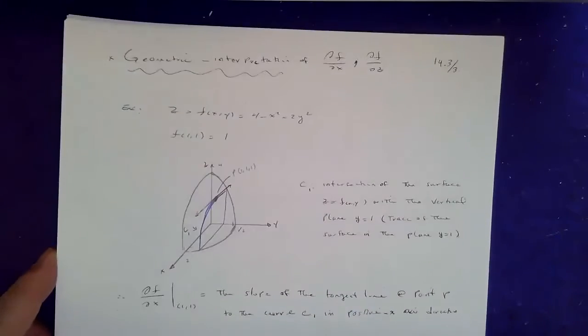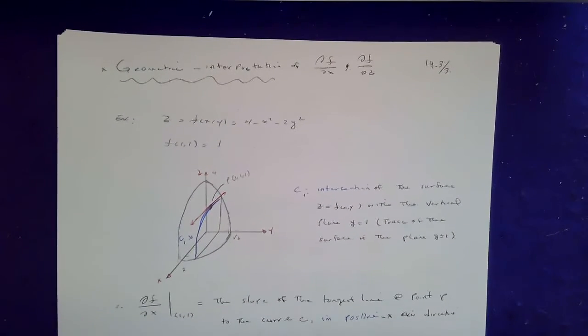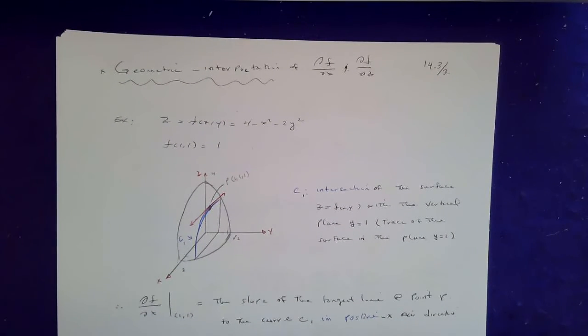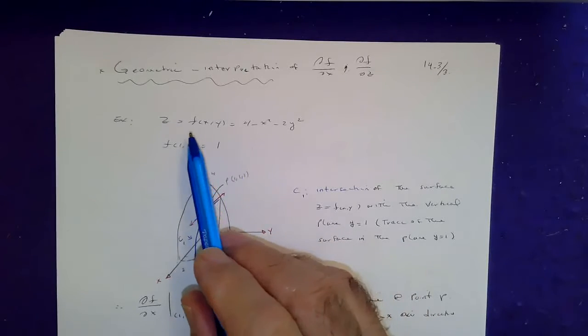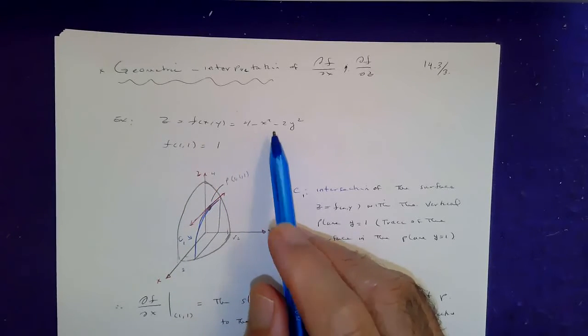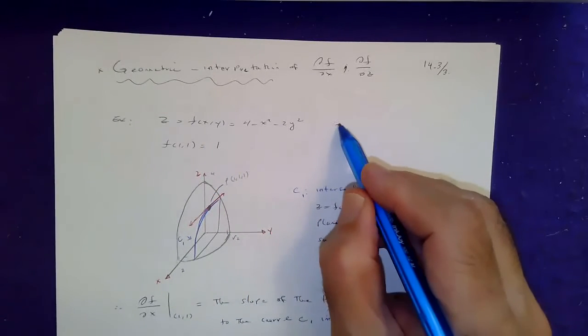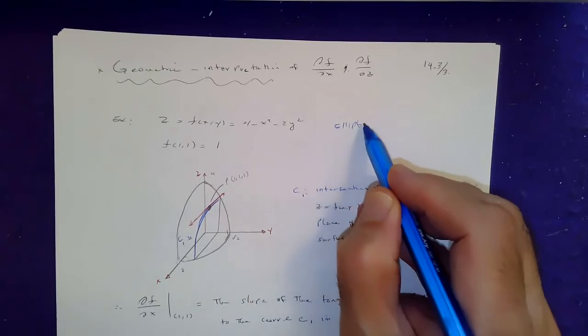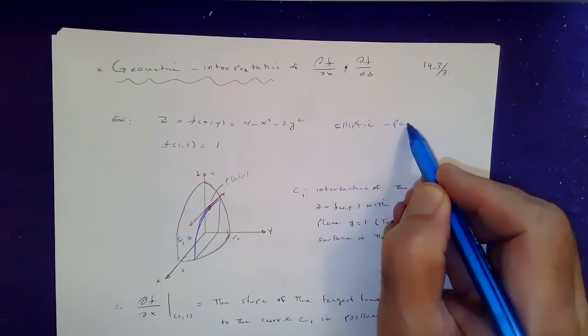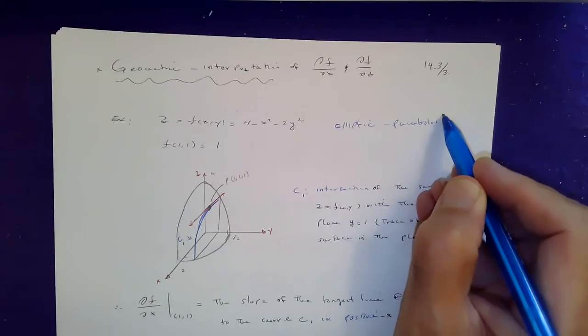What is the geometric interpretation of partial derivative? Let's say you have a surface like this, which is upside down. It's an elliptic paraboloid,